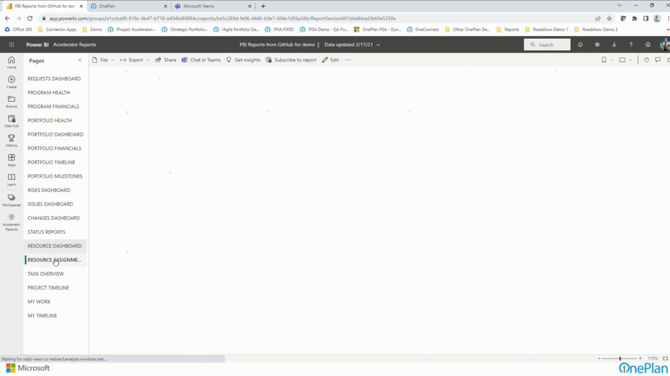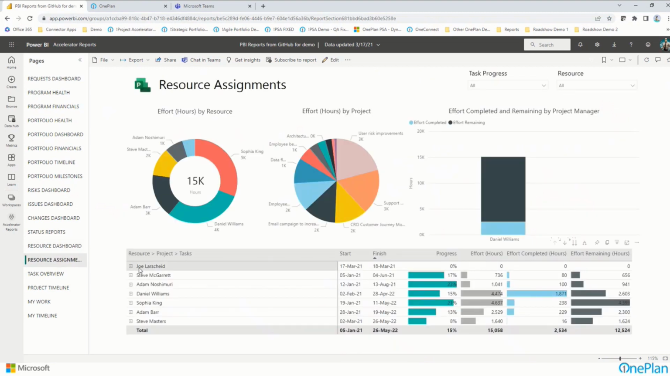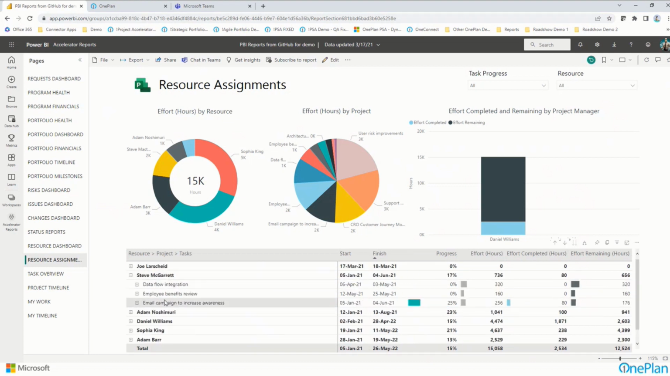Or I might look at individual resource assignments at a task level and at least take a look and see what is Joe assigned to, or what is Steve McGarrett assigned to across different projects and things like that, and what his completion status is. But sometimes the quantification of time phased capacity versus demand requires a little bit more information than that. So with that, I would like to go to a